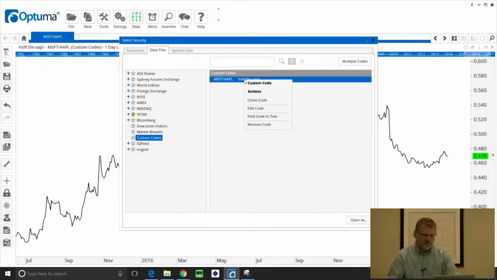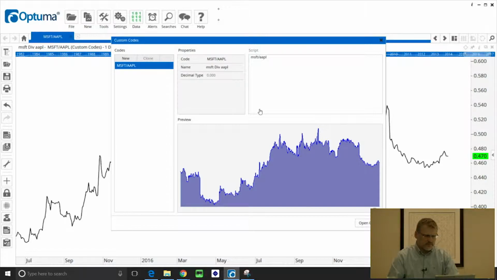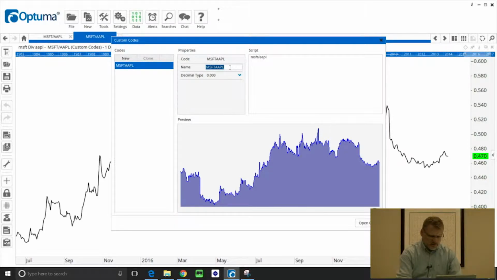So if we right click on that symbol and edit code, this brings up the custom code window. So we can click on the code to rename it. I'm going to just remove the slash from between the two ticker symbols, and then click on the name to be more descriptive. So I'm going to call this Microsoft